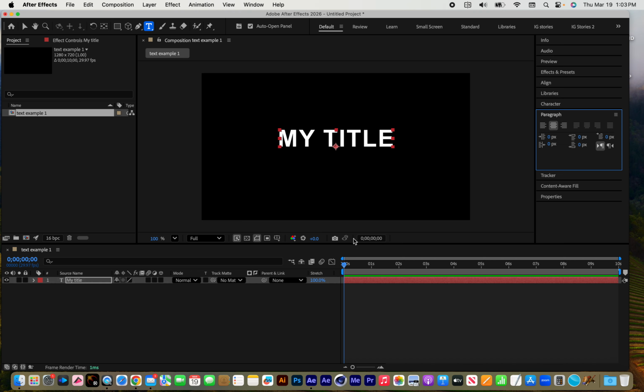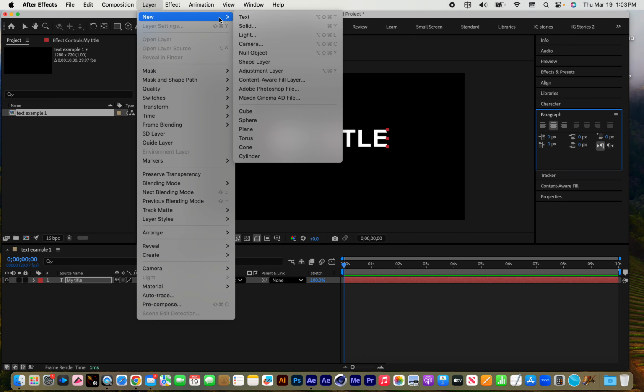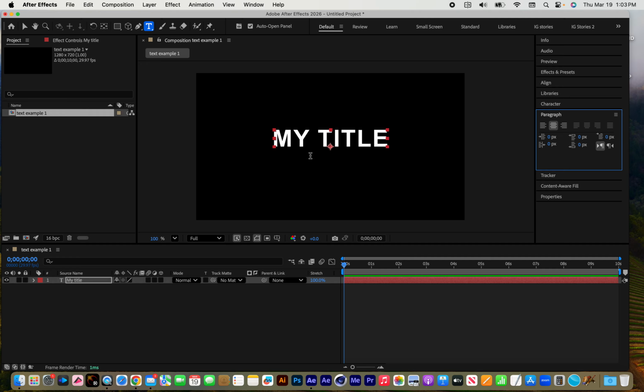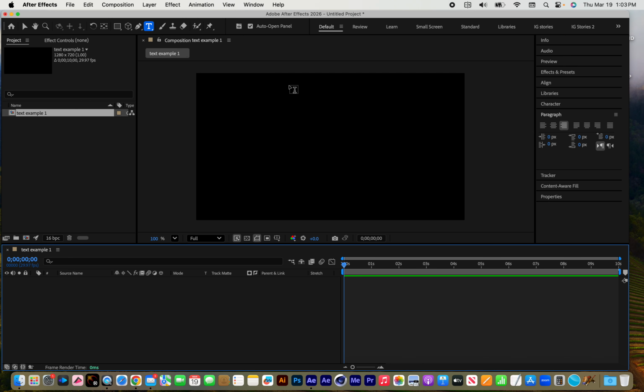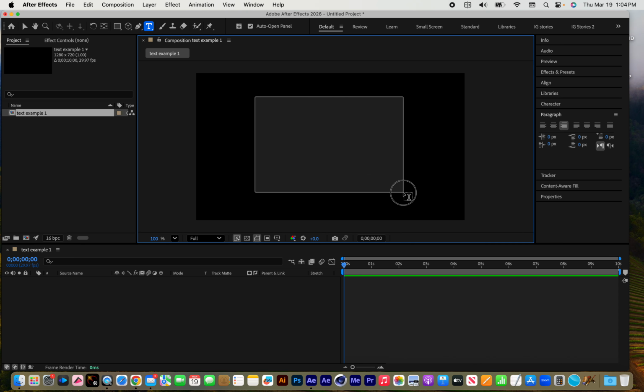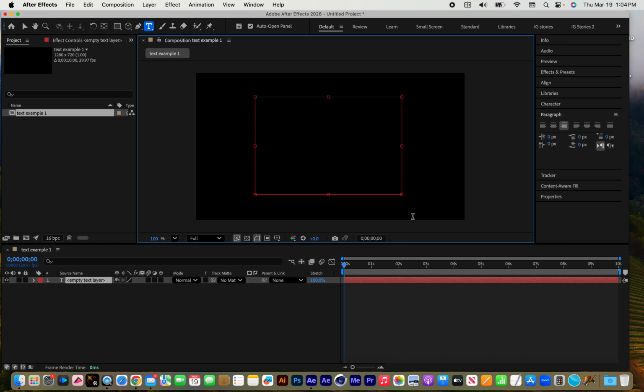Now, another thing I want to point out about creating text layers is that this type of text layer, the kind of text layer you get when you just single click with the Type tool or choose Layer, New Text, is called point text, and that's because the text is aligned around that individual point. But there's another way of using the Type tool. If I delete that layer, and instead of clicking, I click and drag to create a text layer,